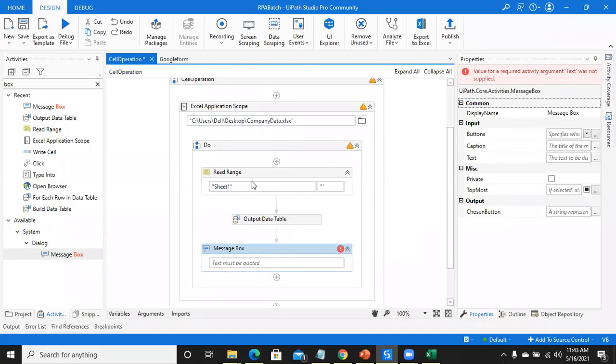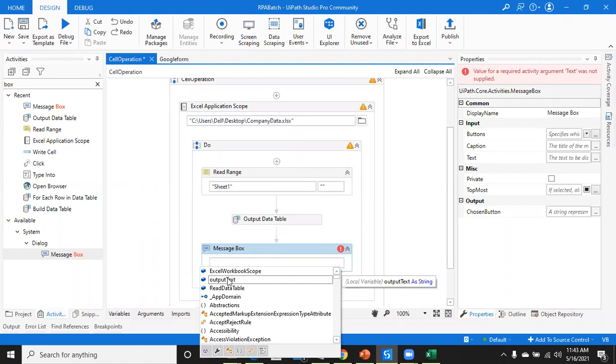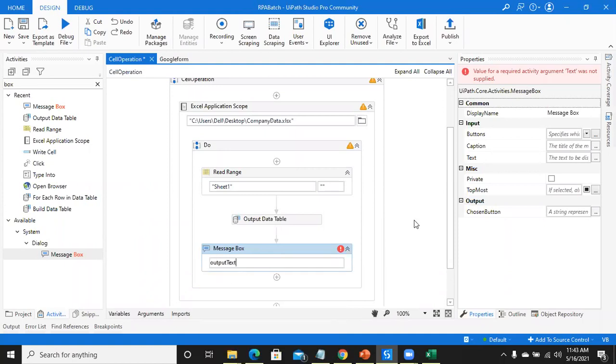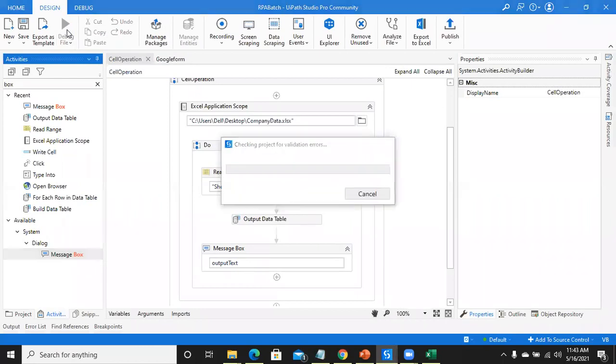Right now we have a data table value, so we need to convert it into text, which we already did in Output Data Table. So I have given the output text of Output Data Table to the message box. Let's run this workflow and you can understand the result.